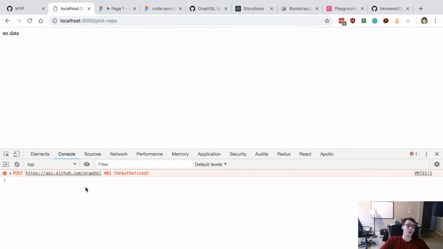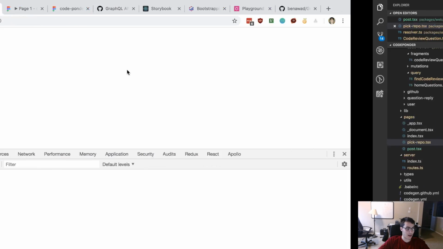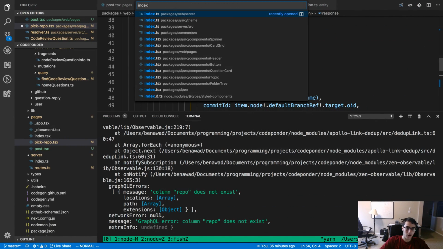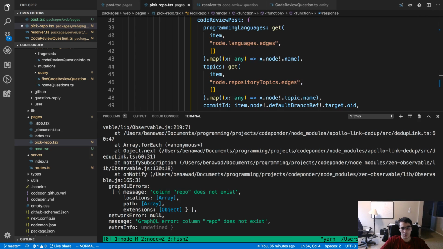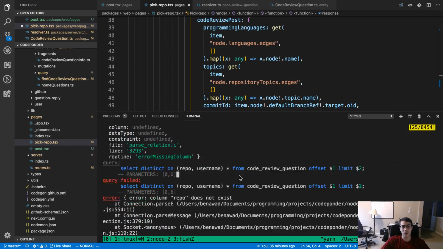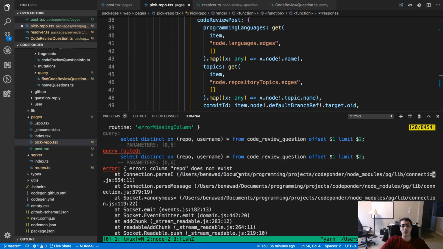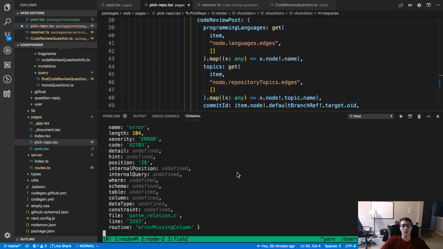So option 1, we're not passing the token in. Option 2, our token is just not there. So let's... could not get data. Did I crash my server? Column repo does not exist.